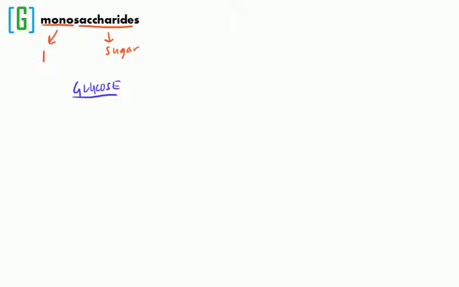So glucose is a 6-carbon monosaccharide, and we are going to draw it in what's called its chain configuration. So we're going to draw a chain of 1, 2, 3, 4, 5, 6 carbons. So that makes the carbon backbone of this glucose molecule. It's a 6-carbon monosaccharide. Then we're going to add some functional groups, you could call them, off of these different carbons. So off this first carbon, we get a hydrogen, and we get a double bond to an